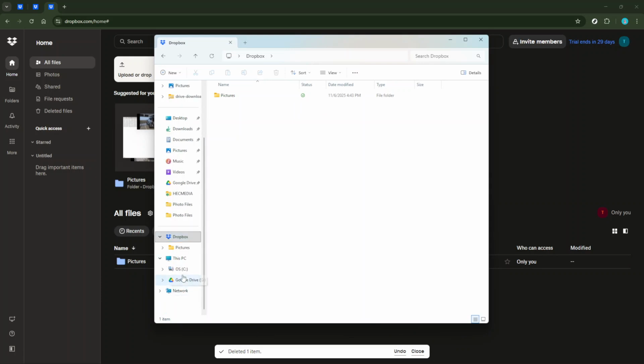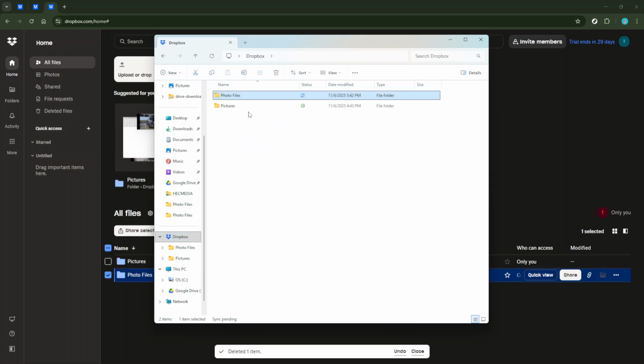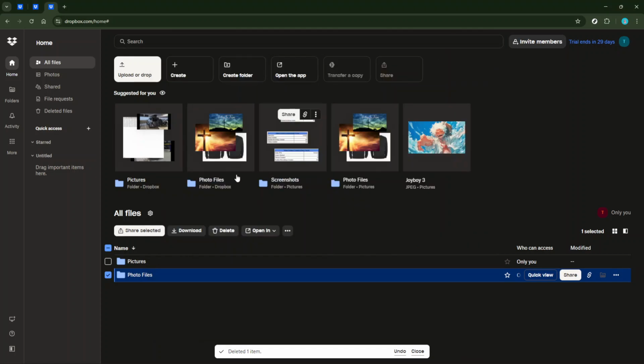To start syncing files, simply drag and drop files or folders into your Dropbox folder. What's fantastic about Dropbox is the simplicity this action offers. Just pick up your files and move them into the Dropbox folder. It's that easy. The files will then begin to sync, meaning they'll be uploaded to your Dropbox cloud and accessible from other devices where you're logged into your account.